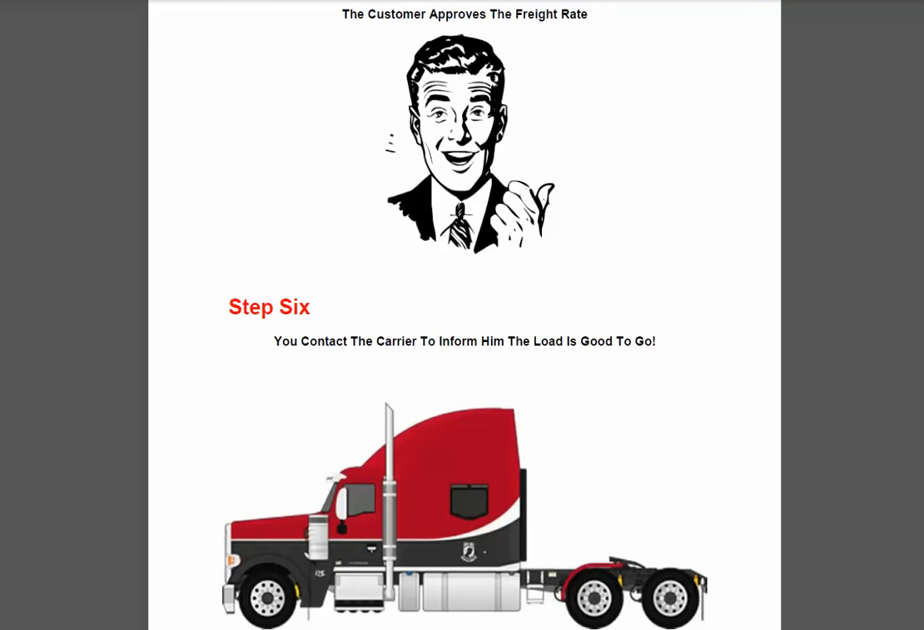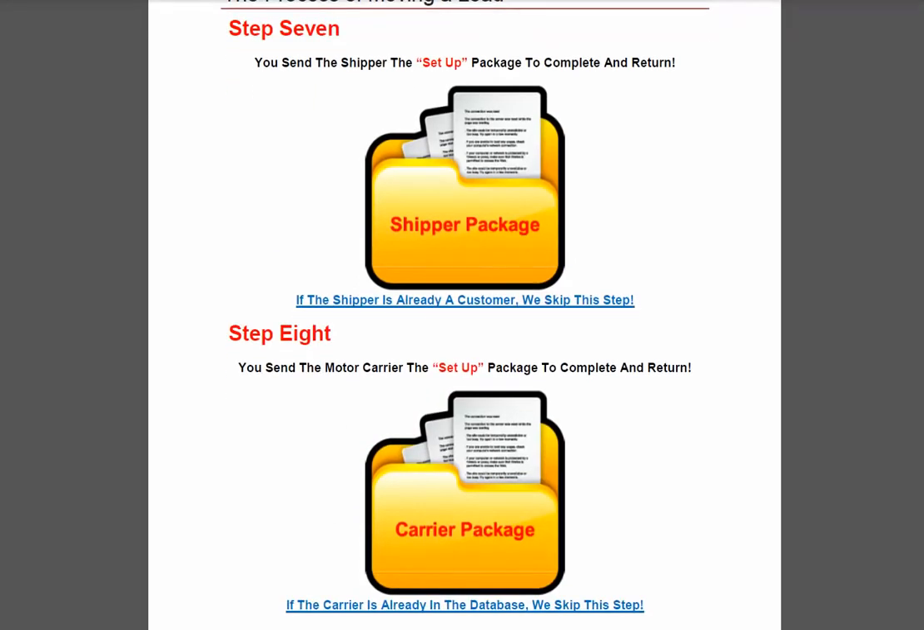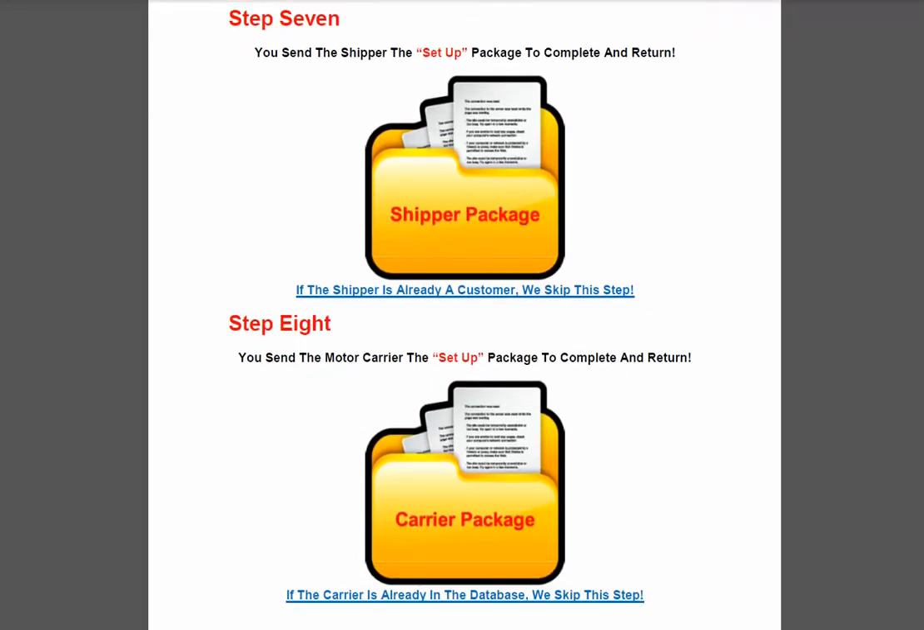Then you're going to contact the motor carrier of which you had spoken with earlier and tell them the load's good to go. Now, here's where the paperwork is going to begin. Now, you're going to send the shipper a setup package. Now, that is, if he is not already set up within your system, you will send the shipper a setup